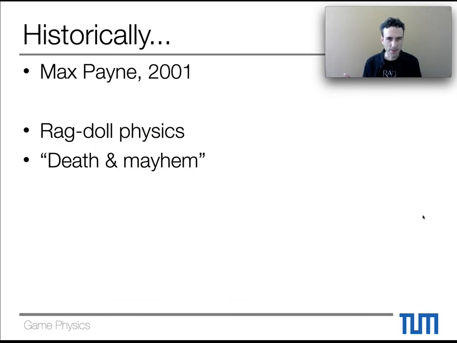Another fundamental step in terms of physics in computer games was Max Payne with the ragdoll physics. I'm sure you know, basically having, in this case, mostly for dead enemies and so on, these ragdoll effects of rigged characters, essentially a set of rigid bodies with joint constraints, but probably the first case where this was really used on a larger scale and as part of the main game.